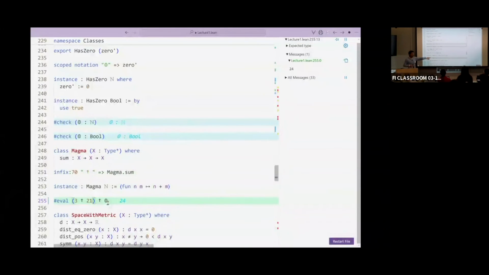And what is happening here? What is happening is that Lean, first of all, encounters this dagger. It says, okay, dagger makes sense provided the left and the right term are endowed with the magma structure, because dagger only makes sense for magmas.